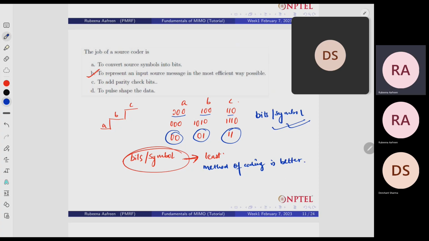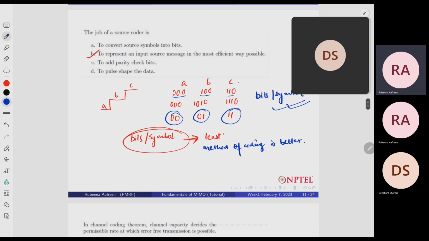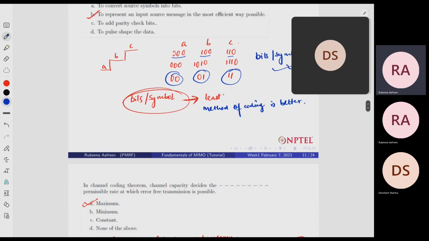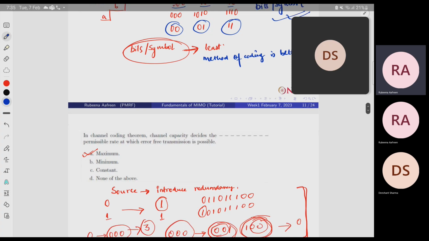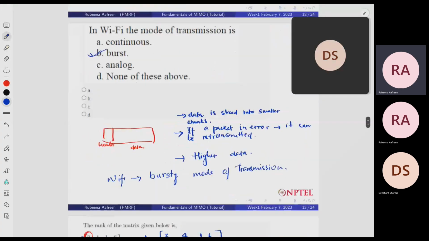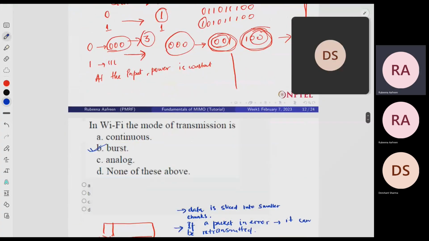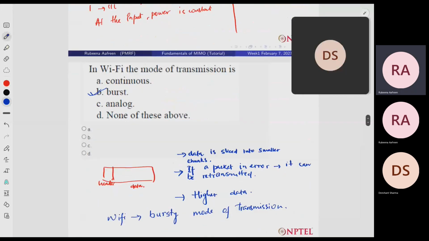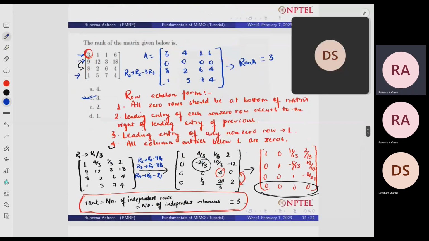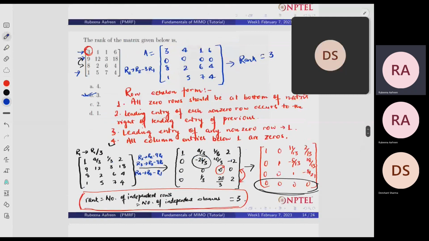Many source coding theorems are there, Shannon coding and other codings are there. So maybe you can go and have a look at that. Channel capacity is the maximum possible rate at which transmission is possible. And in Wi-Fi, the transmission is burst. Then row echelon form, row reduced echelon form, all the steps are here. So maybe you can go through it, and I would highly encourage that all of you practice these questions